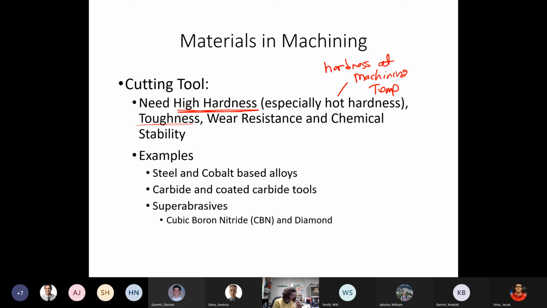Sometimes these two properties go opposite. Toughness is going to help us with impact resistance. We also need wear resistance, which is where material is removed when we have contact, and then chemical stability. So I think this is a good place for us to stop,